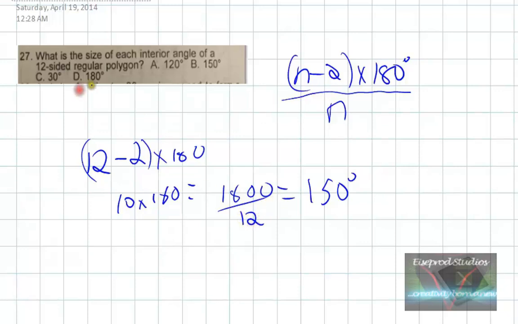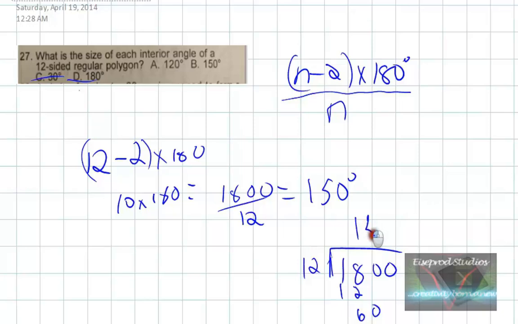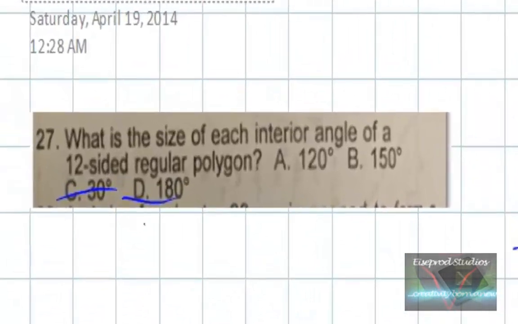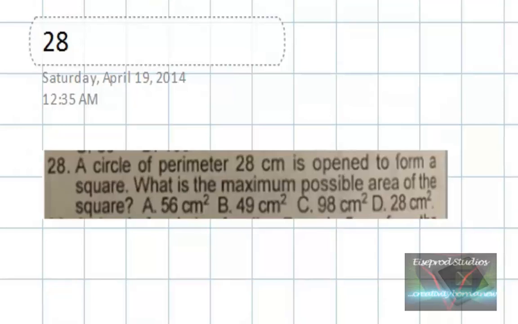12 times 180 is not going to give us that, so that would easily cross out those two, and then you could try either of these two, or you could just try your hand over here. You could say 1800 divided by 12, and then you could say 12 and 2, 18 would be ones, and you would subtract and get 60, and we know that that's 5, and then that would be your answer. So there's a few ways to arrive at the answer, but the idea is that 150 degrees will be your final answer. Question 28 tells us that if a circle of a perimeter of 28 centimeters is open to form